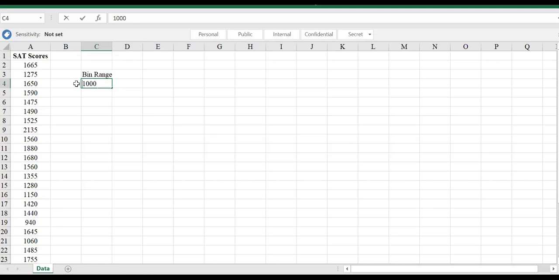So I don't need the lower bound. And then I just need to increase by 200. That's my bin size. And if I just continue that, I just need to stop at 2400, right? So this actually characterizes the bin range. And now I just need to get the frequency and the histogram. That's all I need. For that, I need to go to the